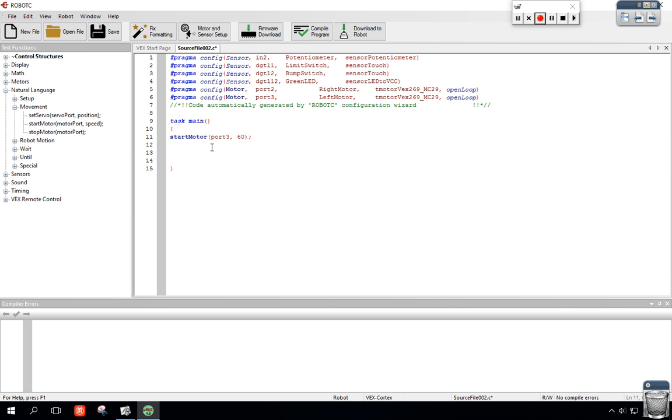Now if you notice, we've got parentheses around our port and our speed. We've got a comma between the port and the speed. And we've got a semicolon at the end of each line of code. So if we just do start motor,